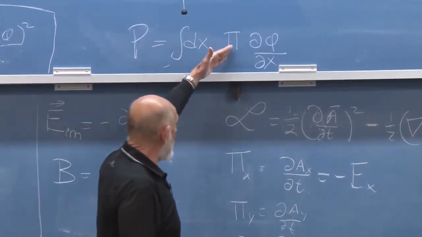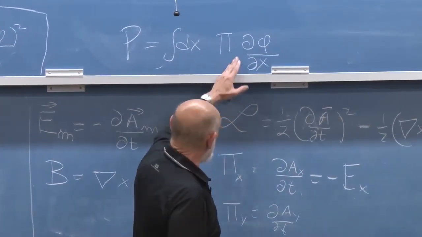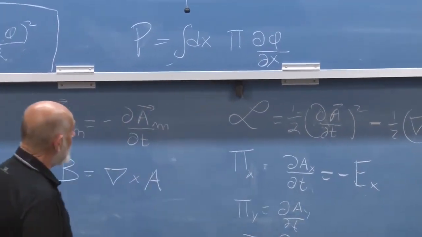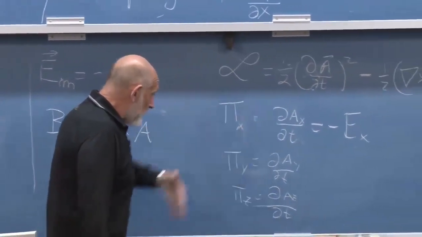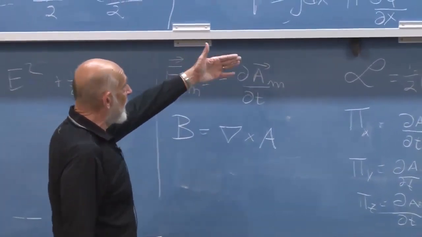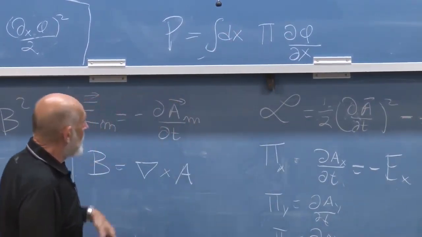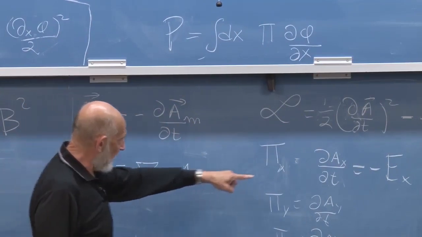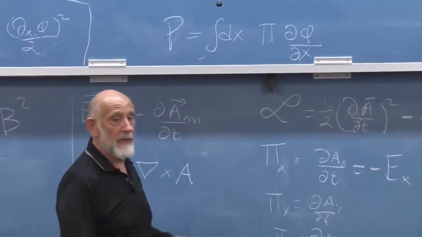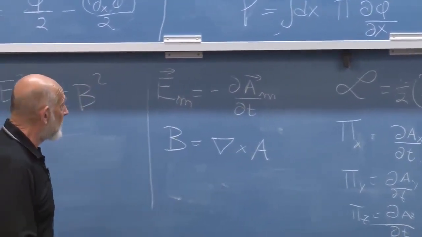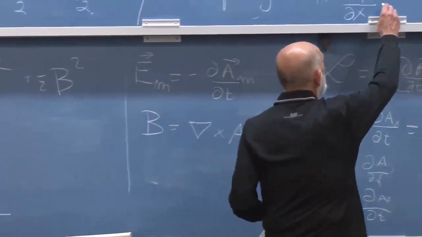It contains a pi, and it contains a d phi by dx. If there were several fields in the problem, we would add them up. And there are several fields in this problem. But that's all it is. This is a collection of 3 fields. Each one does exactly the same thing here. Instead of pi, we'll have the electric field. Pi is minus, I guess, the electric field. And instead of d phi by dx, we'll have dA by dx. That's all. So it's basically the same structure, and we can say that this is going to be replaced by